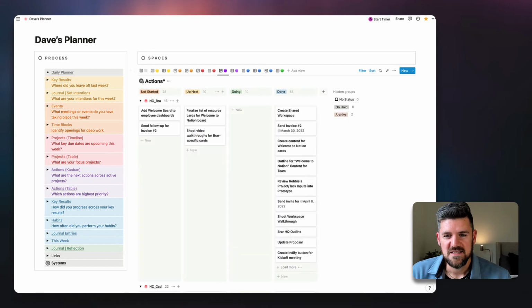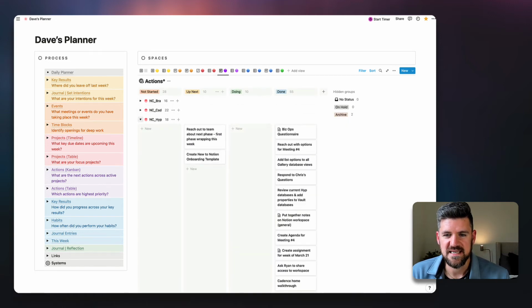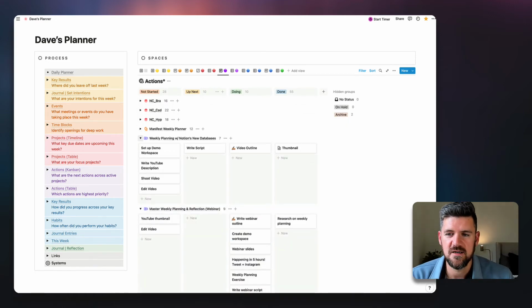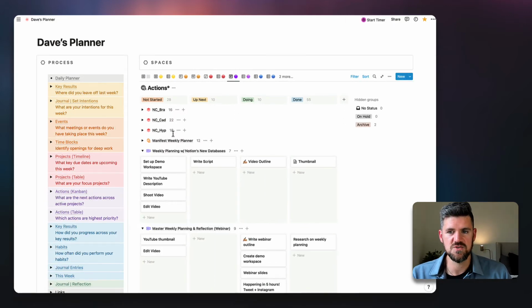Also, if we get into an actions database, actions and tasks are used interchangeably in this scenario, but in this case, we're again relating the task database to the projects database, which allows us to not only set up a Kanban view where we can move tasks from not started to up next to doing, but we can also subgroup by project.